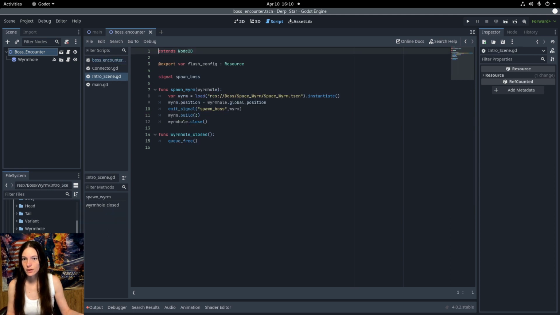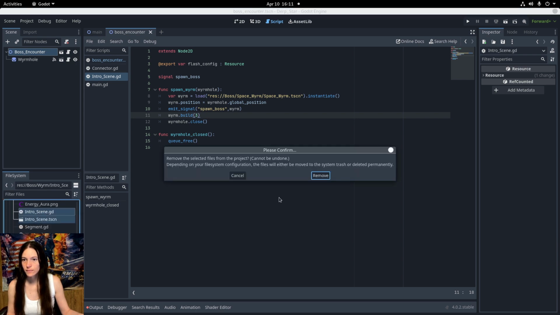So I have the intro.gd, and basically I want to instantiate the worm and build it with 3 segments and close the wormhole. So I can go ahead and delete the intro scene,